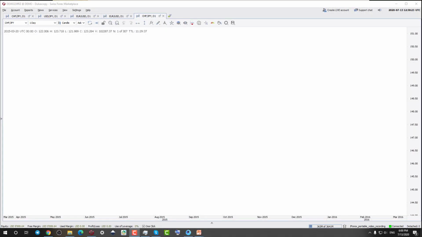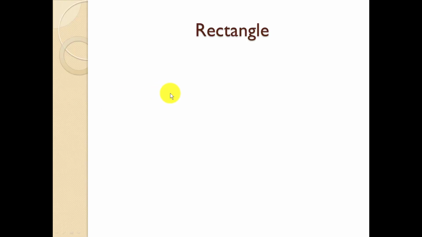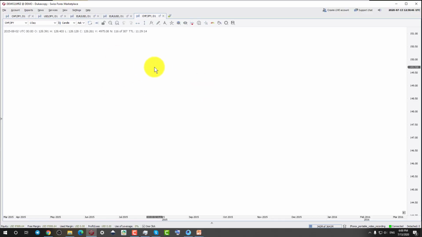Friends, to begin with, first we will see what the essential ingredients are so that we can know whether the formation we are seeing on the chart is a rectangle formation or not. To identify this pattern, we will have to see these things. First thing is the trend. The trend can be an uptrend or a downtrend, because the rectangle pattern is a continuation pattern. So generally we are looking for the congestion period before the trend continues. Therefore, first we will talk about an uptrend and we will discuss how it works in a downtrend also.